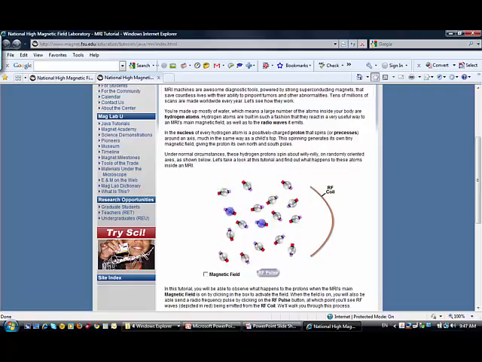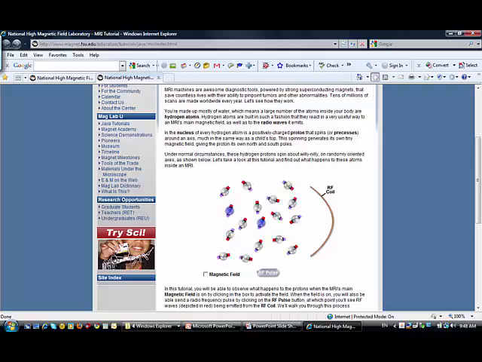Now, when we position a person to have an MRI taken, we position them in the middle of a strong magnet, in the middle of a solenoid. The difference from the solenoid that I showed in lecture is that this solenoid is going to be made up of a superconducting coil, meaning it's not going to have a core inside, but the wires themselves are not going to lose energy. So you are going to have a continuous current through them, and that's going to allow for a very large